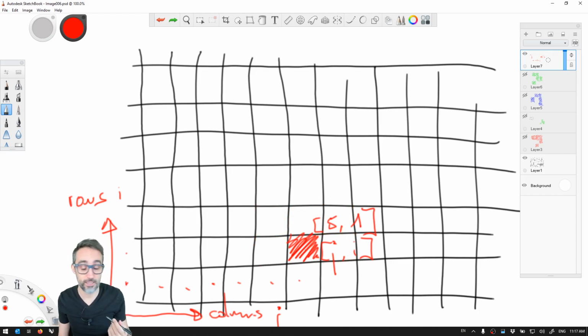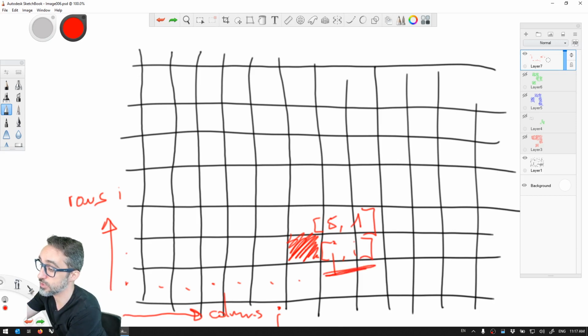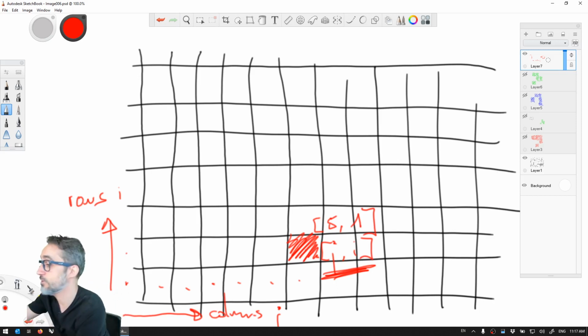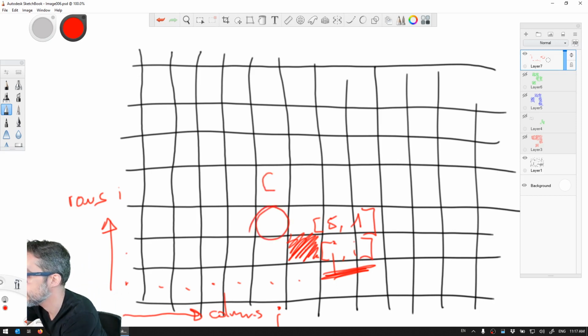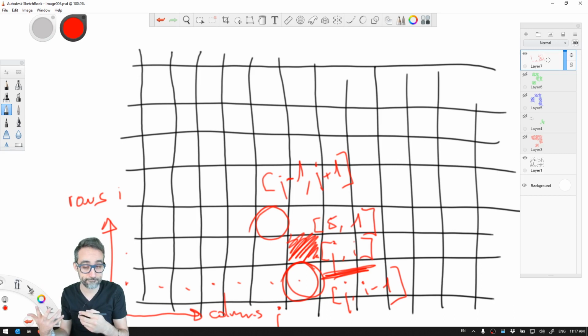Because each cell has a coordinate of J and I in the two-dimensional array, the top left one is going to be J minus 1, I plus 1. This neighbor here would be the same J that the cell has, but I minus 1. So we're going to do a lot of that,